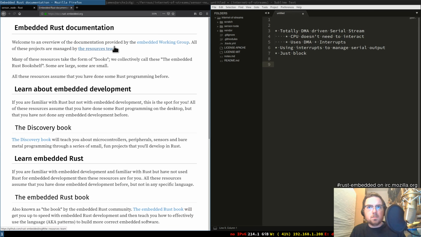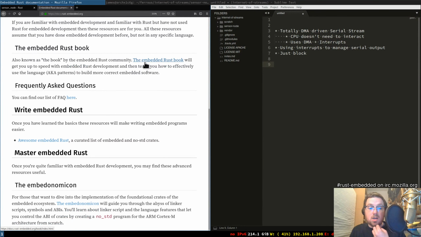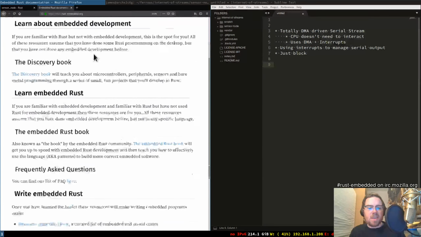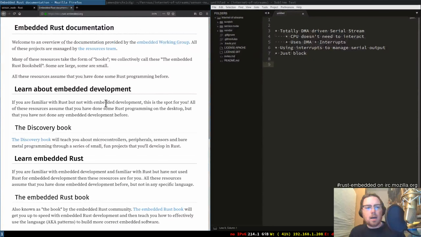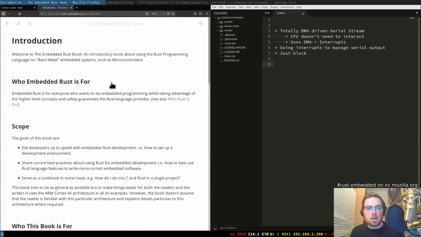But the big thing, if you're looking to get started with this, is I would go to docs.rust-embedded.org. The embedded working group, which I'm a part of, has put together a lot of resources for how to get started in embedded Rust. In particular, this page captures all of them except for the really new ones, which we're still working on getting set up. In the Discovery book and the Embedded book, and I'll look at the Embedded book now,